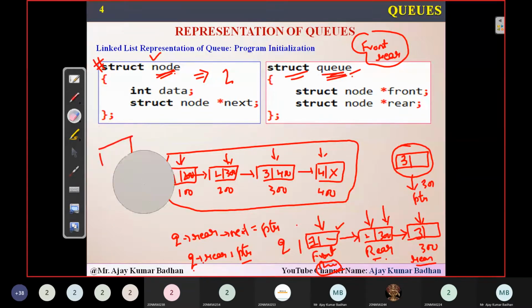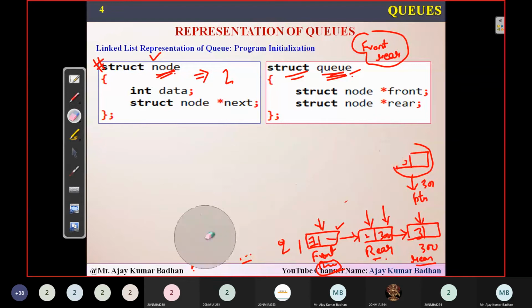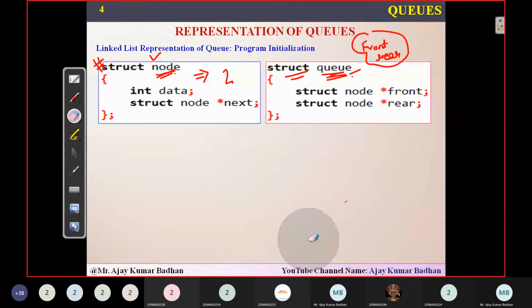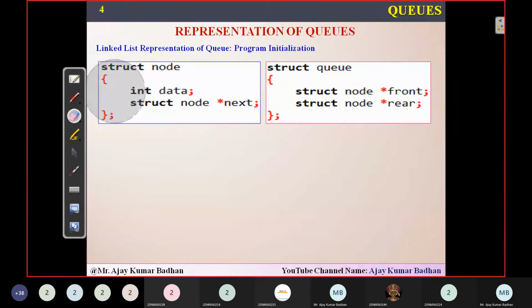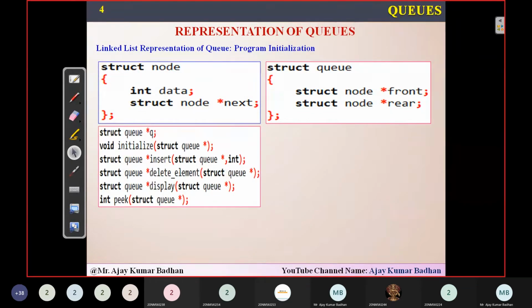I will show you using a program so that it becomes easy for you people to understand. Okay. This is the initial declarations what we have to do within the program that I'm showing you. And after that, these are some of the things which we have discussed. We already know in the linked list, we used to declare it something like struct q star q. So this is a pointer variable which I'm using with respect to this particular q. I think now you might have understood what I'm writing q of rear or q of front.